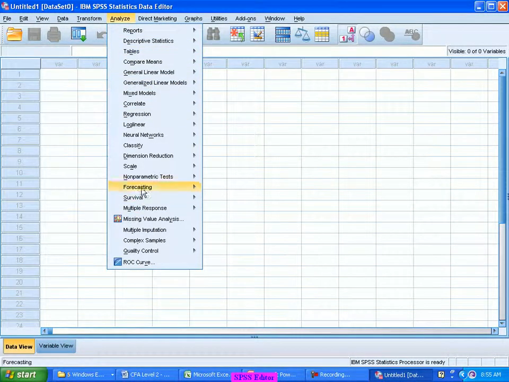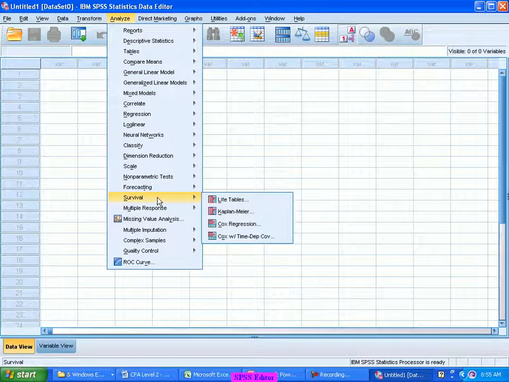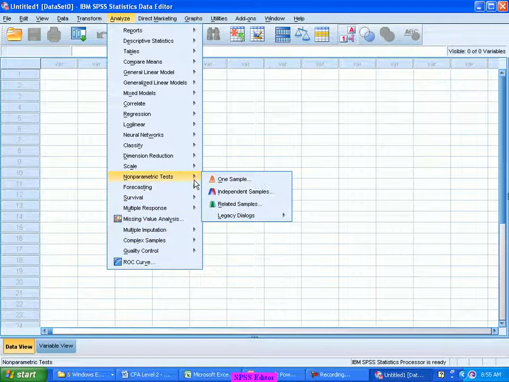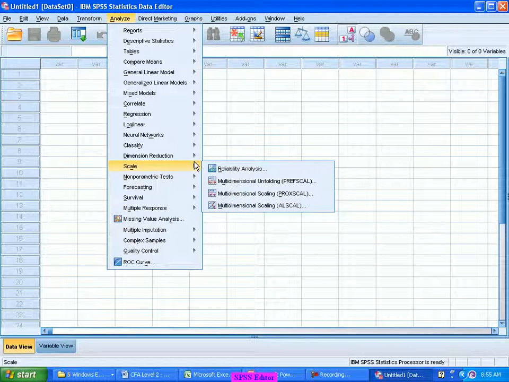Probably this is where it goes into very advanced layers: survival analysis, multiple imputation analysis, ROC curves, and even scale and dimension reduction analysis. They all go into very advanced usages.